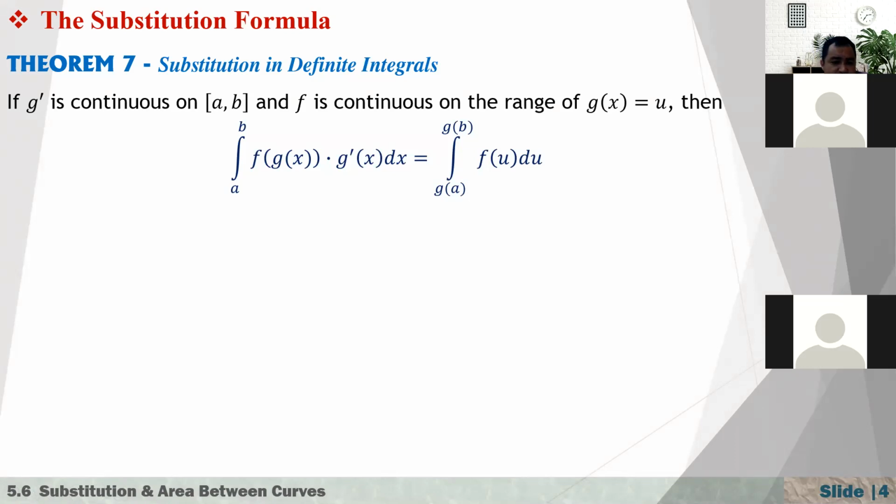If g prime is continuous on [a, b], and f is continuous on the range of g(x), and u is equal to g(x), then the integral of f(g(x)) g prime of x dx is equal to this. Why is it so? Let me label this integral by I. So this I is equal to